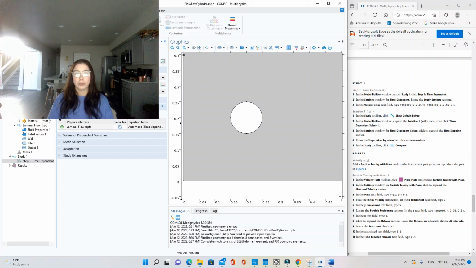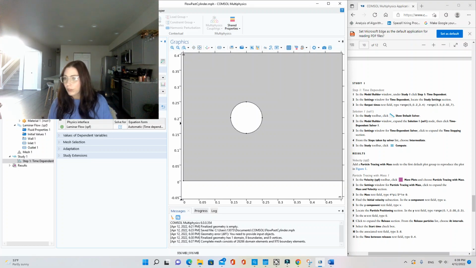So here in the output times, the syntax is going to be starting point, increment, and stopping point. So we will give it